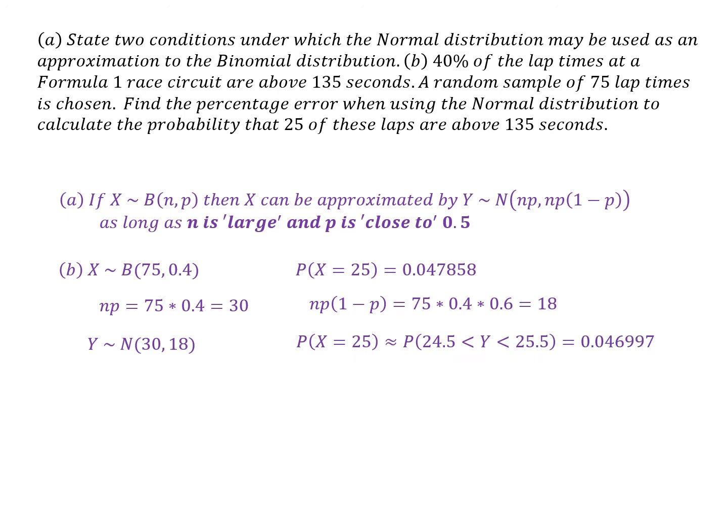And using a calculator with the lower figure of 24.5, the upper of 25.5, mean of 30, and standard deviation of the square root of 18, we get this number, which you can see is fairly close to the actual